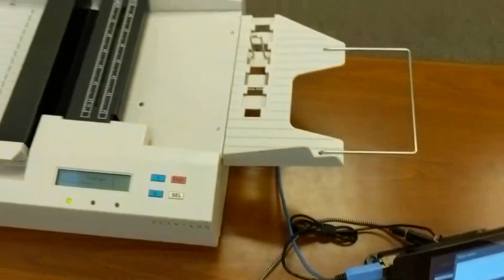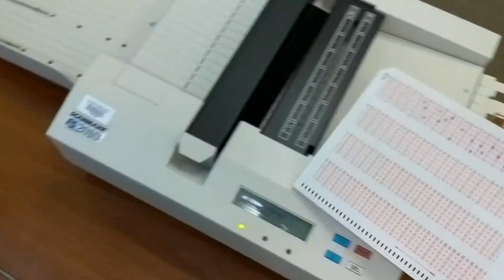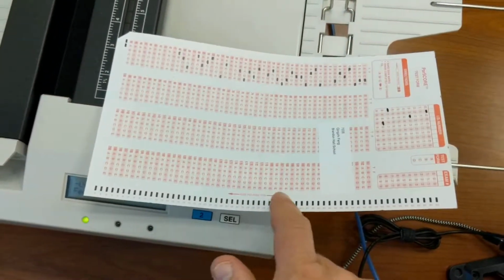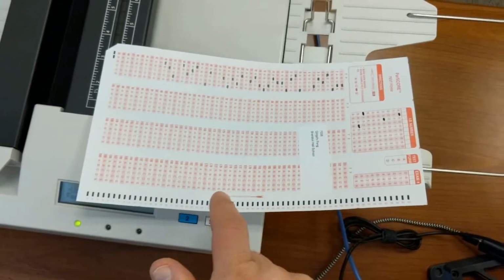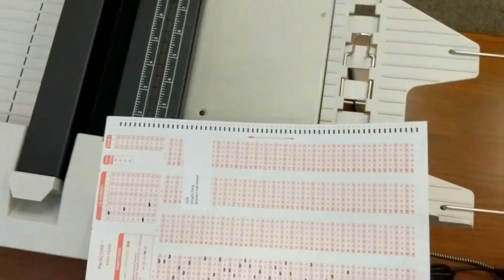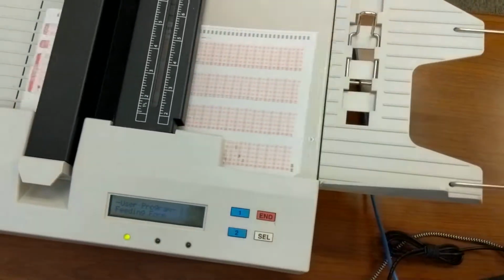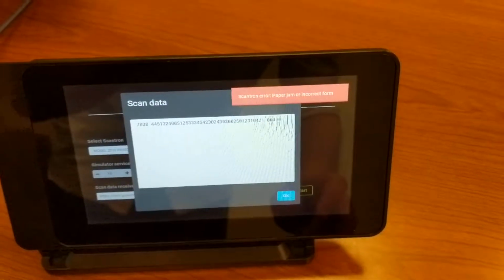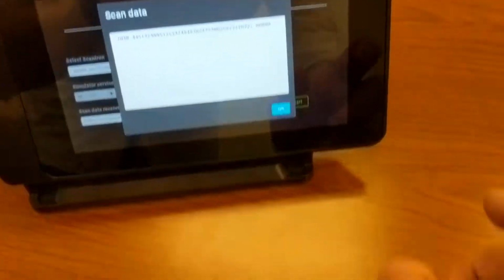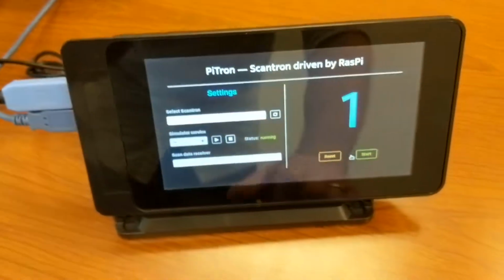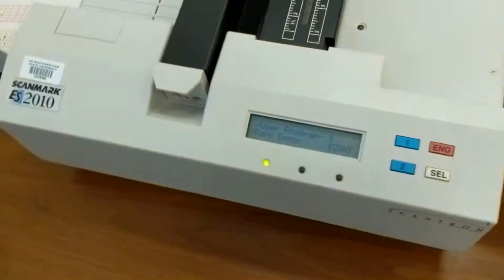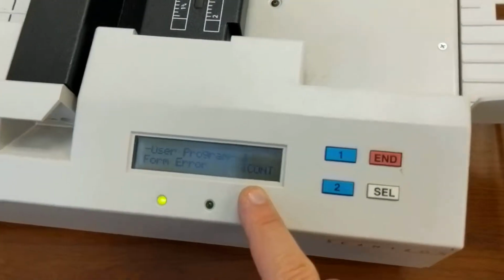Now, what will happen if there is a paper jam or an incorrectly oriented form is placed? Every form has a correct direction of how it has to be fed into the Scantron machine. So I will intentionally flip it over and scan. An error message will show up on the interface saying that the paper jam was an incorrect form, and obviously this form wouldn't show up in this position. All I need to do is to use the interface of the Scantron machine, hit the continue button, take the form